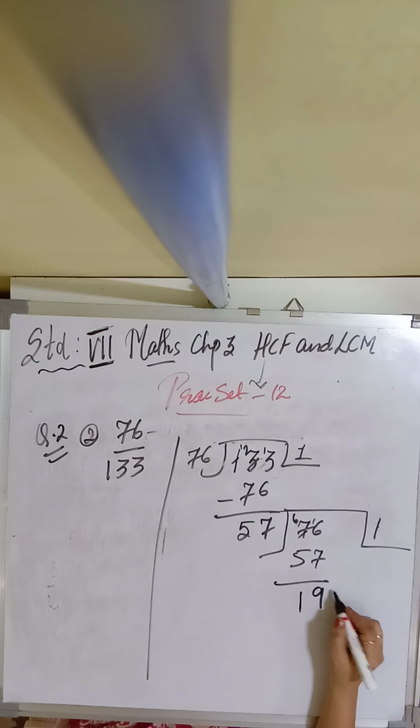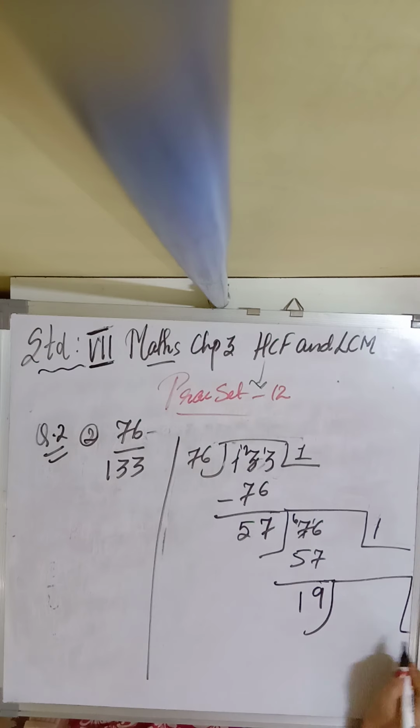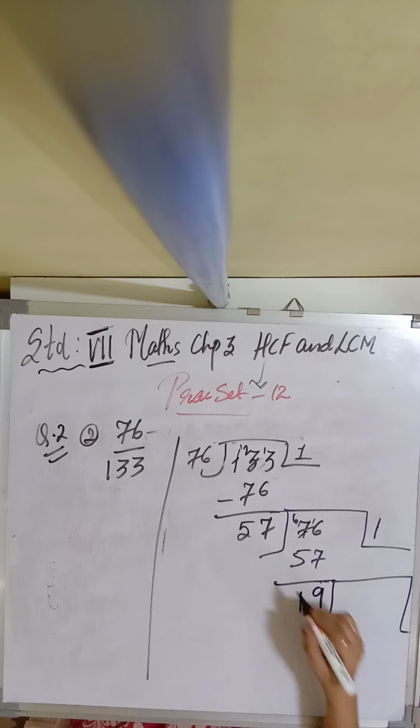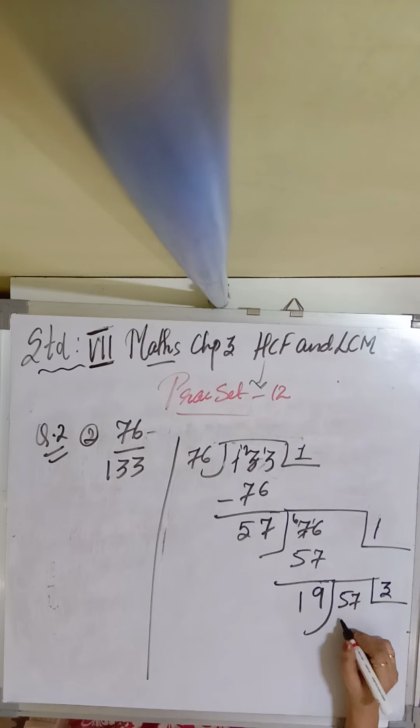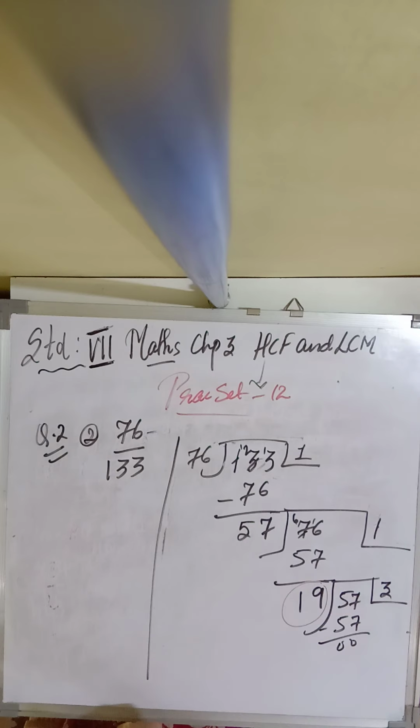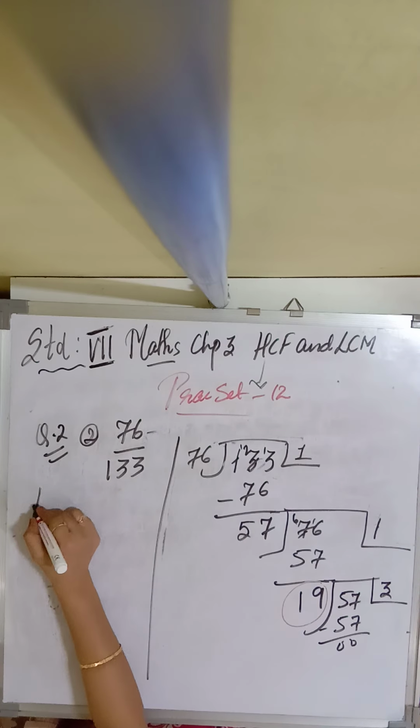You are getting 19. Now children, what becomes your dividend? 57. So 19 ones are 19, 19 threes are 57. 0 0. Therefore what is your HCF, children? This 19 is the HCF. Hence you can write,